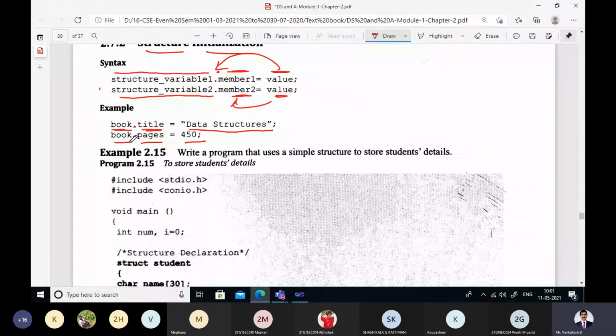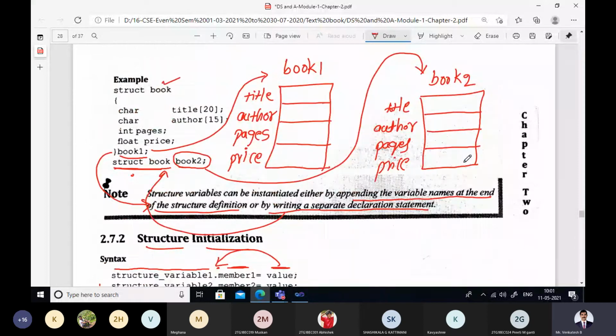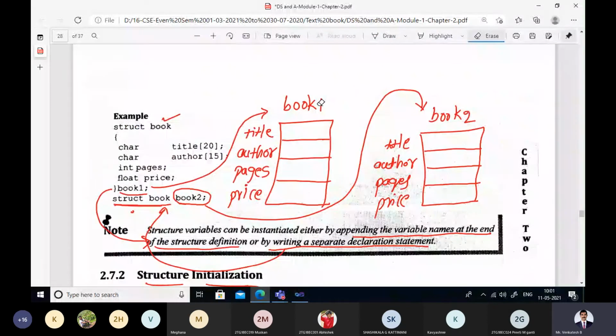So for example, book dot title, if you write data structures, this is the string. This will be assigned to the title member of the book variable. If you assume this as the book variable, what will the title get? Title will get data structures. What is the next initialization?